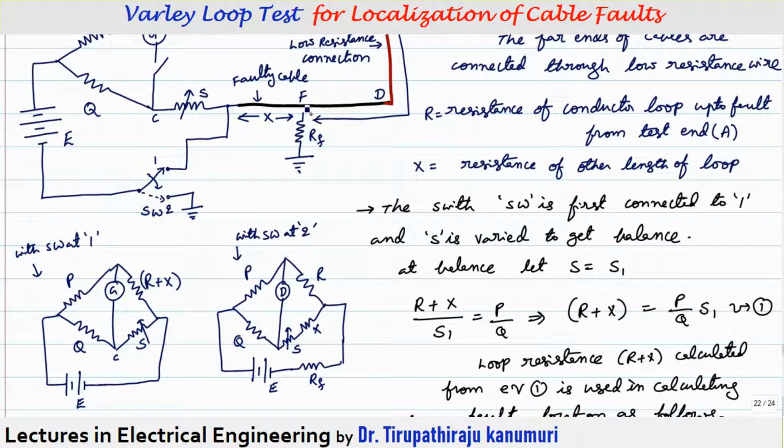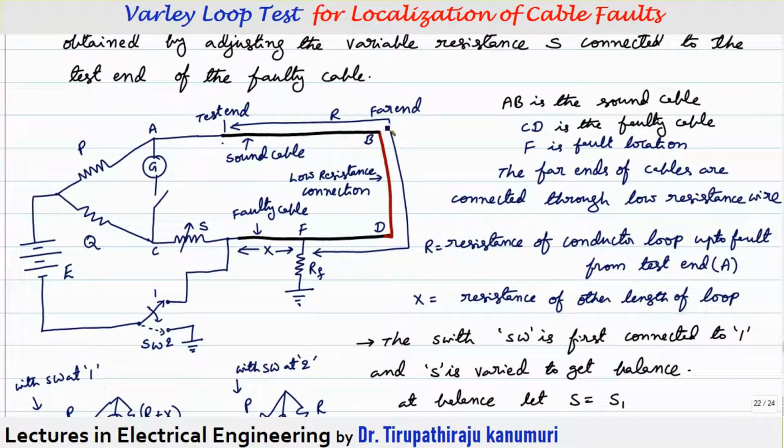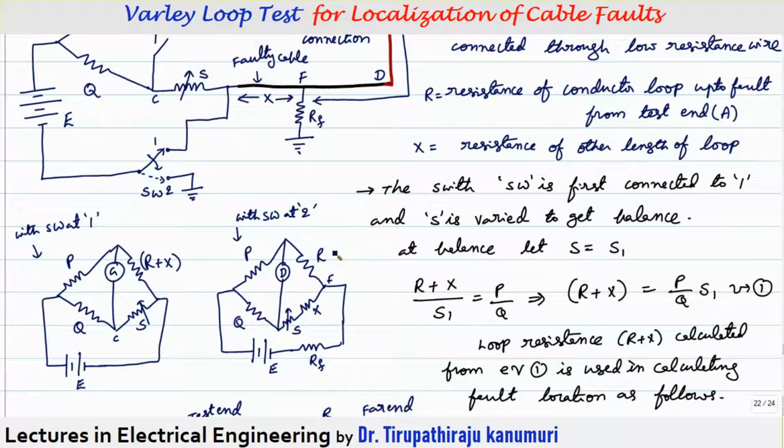From this junction, which is connected between C and this F, because this will be the fault location F, between F and C, what is connected? S is connected and X is also connected, the resistance of the cable up to that location. So that's why this will be S plus X. And from this point F to the second location, to the P, what is connected here from the fault location? It is the resistance R. That's why I have represented here the resistance R will be connected. Getting it? I hope the equivalent circuit is clear to you.